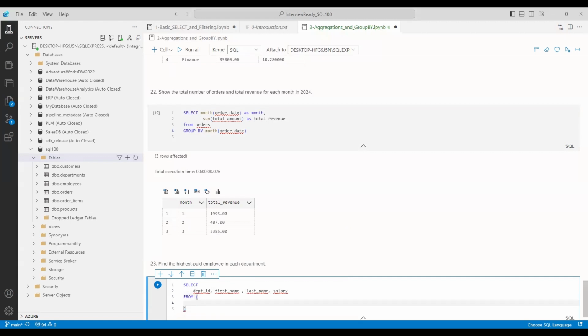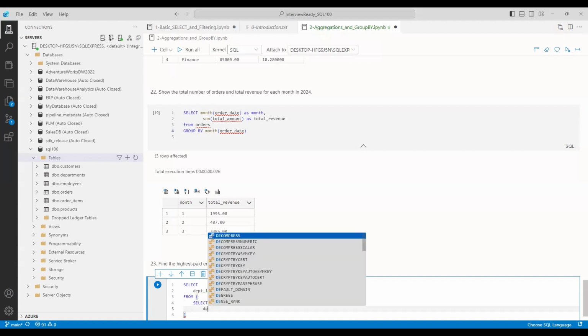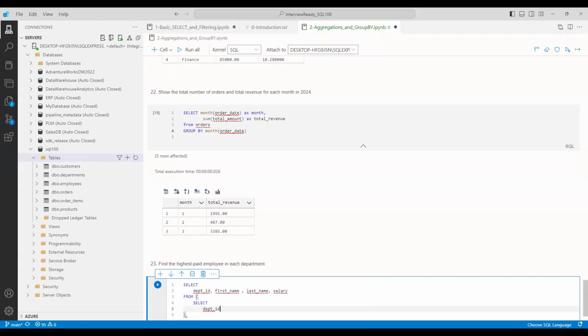From again, we'll select department ID, comma, first name, comma, last name, comma, salary,